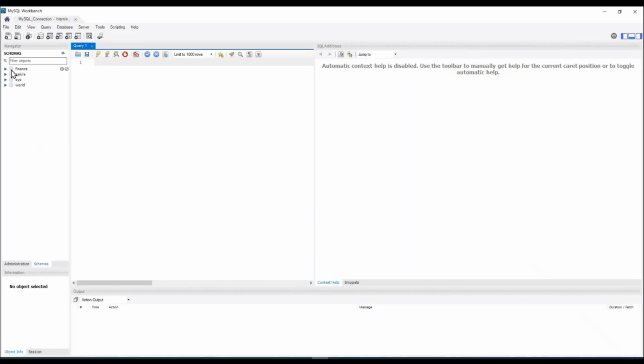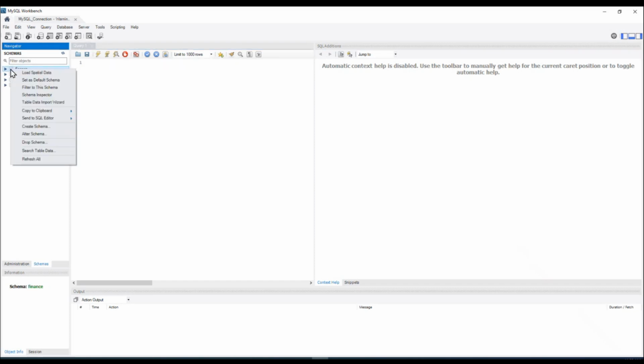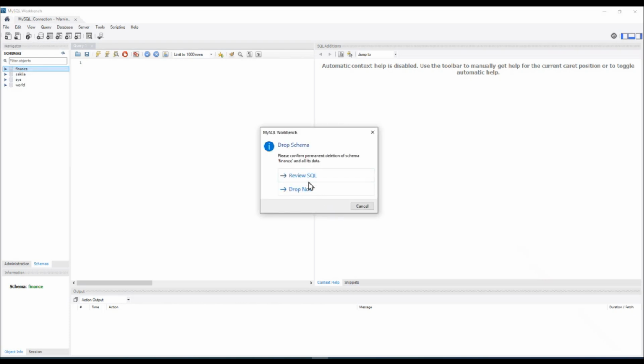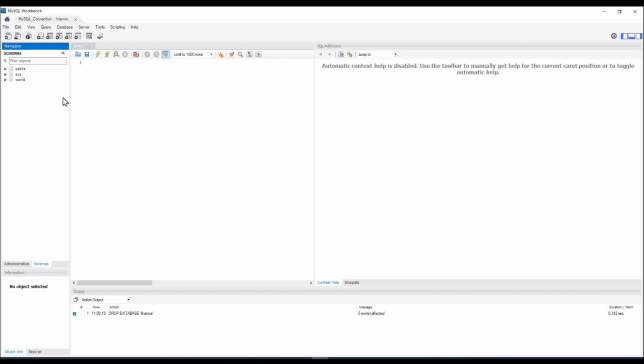Awesome. For me, this loaded finance dataset is already there. Just to show you guys, I'm going to remove it from here. So I'm just going to say drop schema. You don't have to do this. Drop now. Highly likely for you guys, this is how it will look. So there won't be any database that we are looking for. We need to go ahead and add the finance